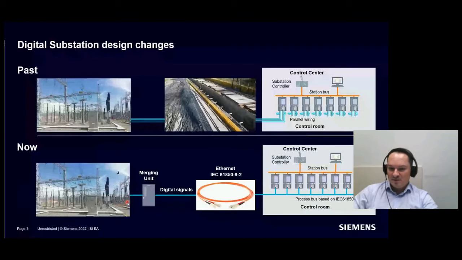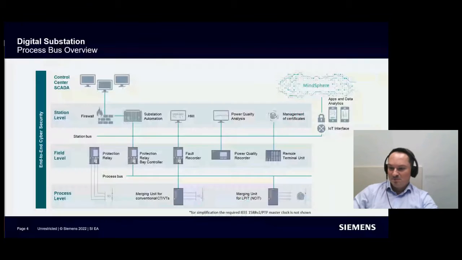So if we take a look a little bit closer at our substation protection block diagram: previously we had current and voltage transformers connected via copper cables to protection relays. Now, with a merging unit, of course, we can do exactly the same. We can connect any current and voltage transformers to our merging unit, which digitalizes those measurements